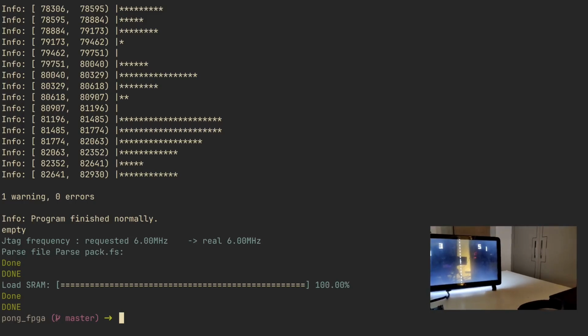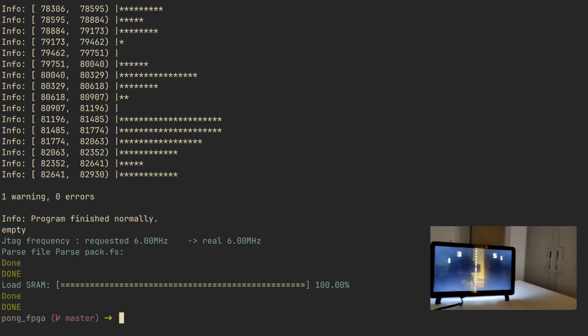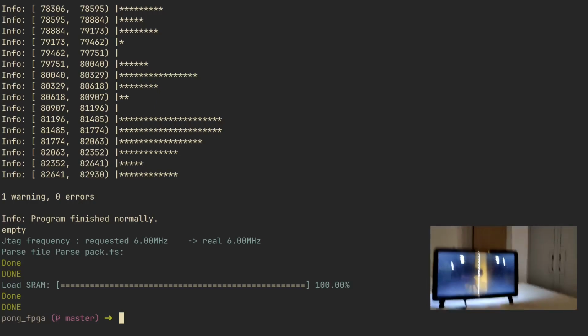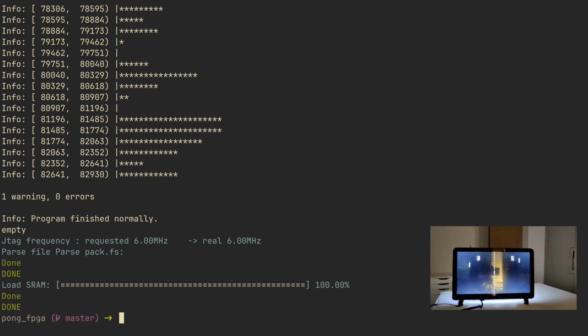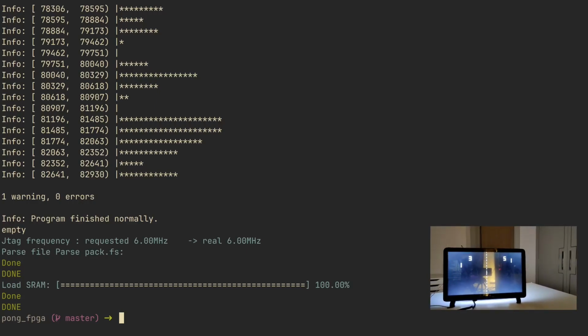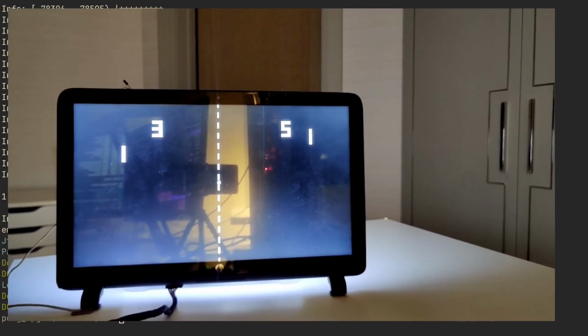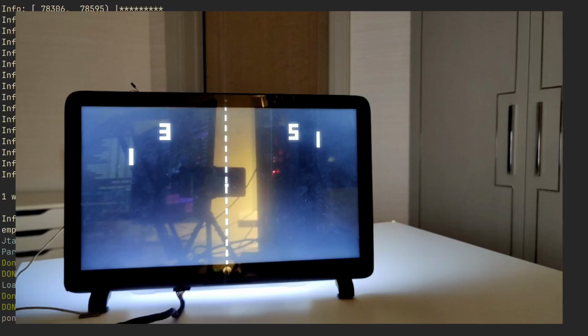Okay, so let's see if I can manage to make it seem nice. Give me a second, I'm gonna stretch it like this. Okay, so this, ladies and gentlemen, is the